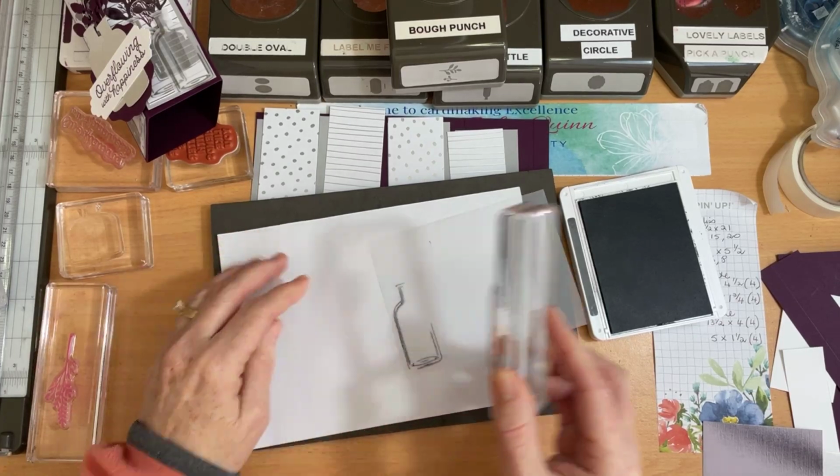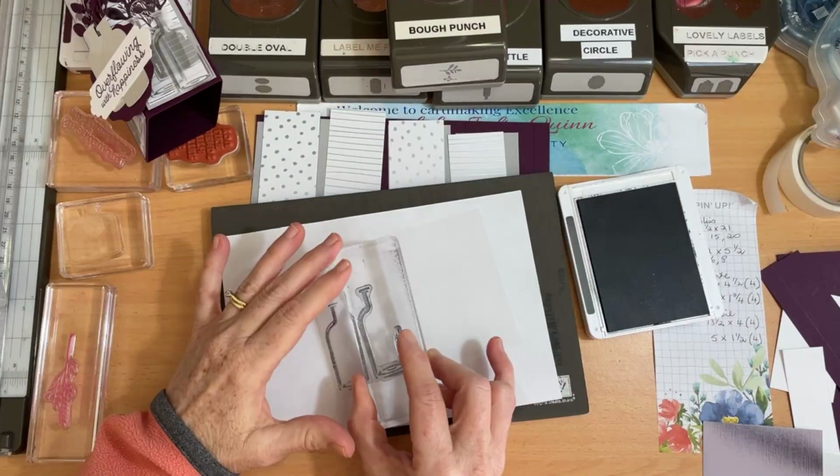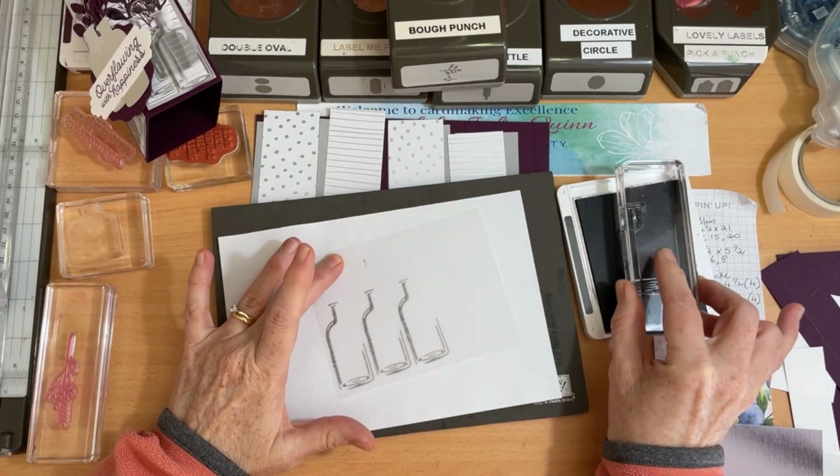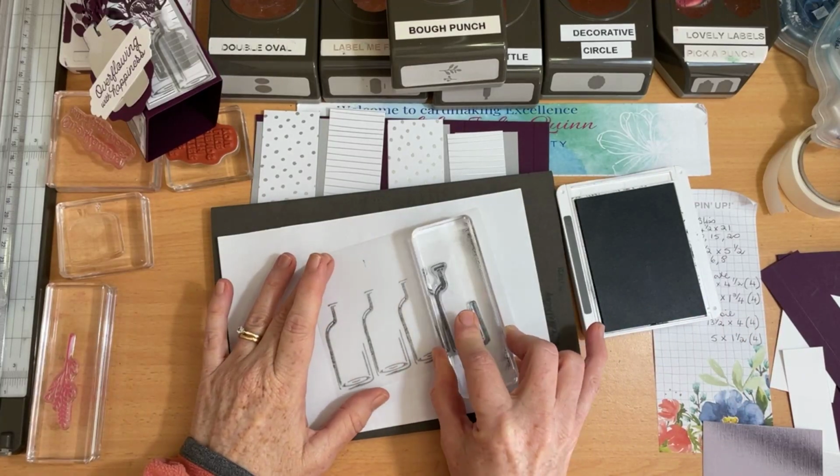Now this vellum is one of the pieces out of the layered vellum. I should have shown you where that was in the catalogue. It is...